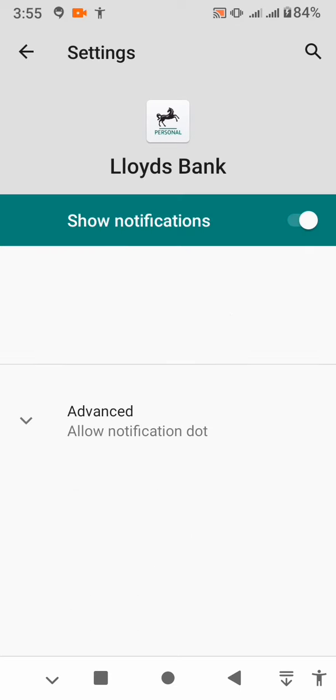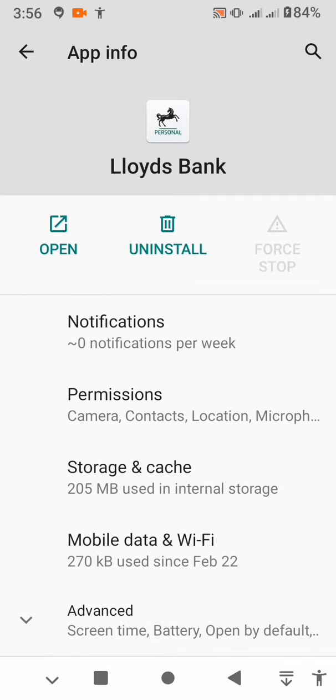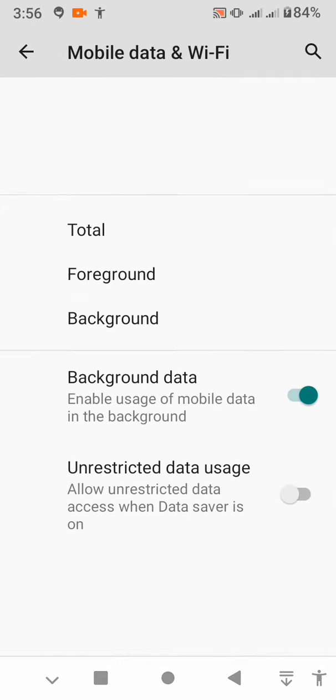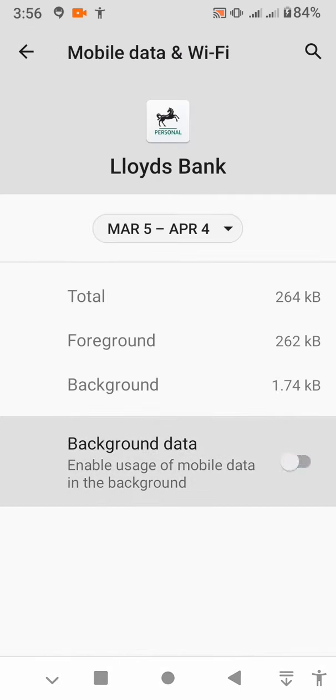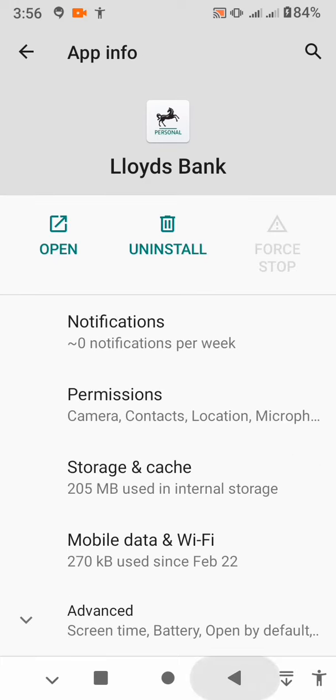and tap on notifications and make sure this show notification is turned on. Now go back and tap on permissions and make sure you allow activate permission over here. Go back and also select mobile data and Wi-Fi and make sure the background data is turned on like this. After doing all this, what you have to do is to go back